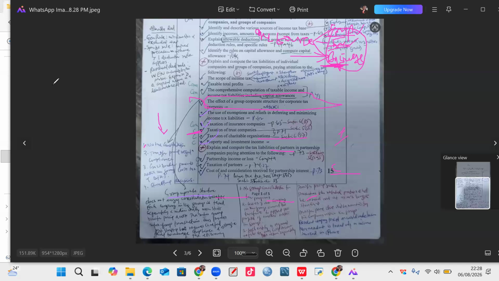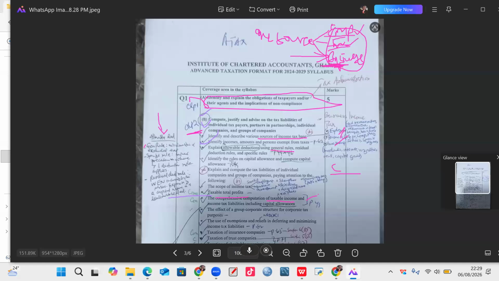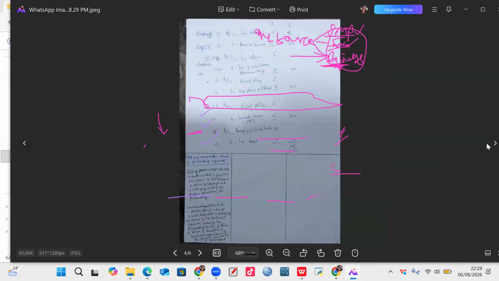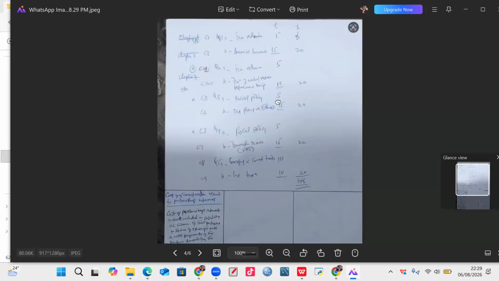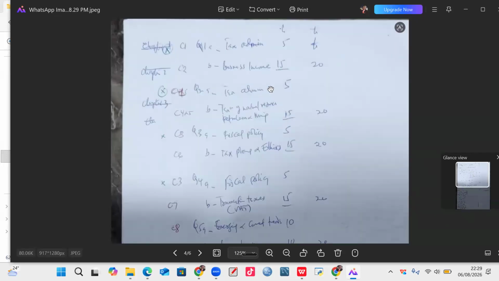And with the formats, if you go by the format, you pass because you know wherever the questions are emerging from. So this is for question one. Now let's see the next one. So behind it, let's see what I wrote behind here. Okay. So here I always do my assessment, conduct my assessment.